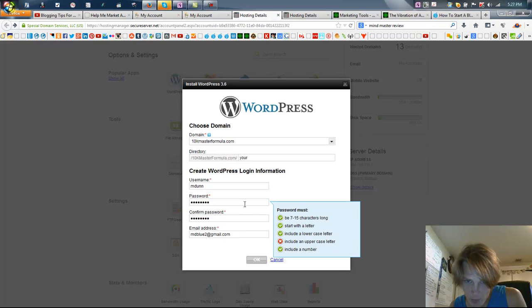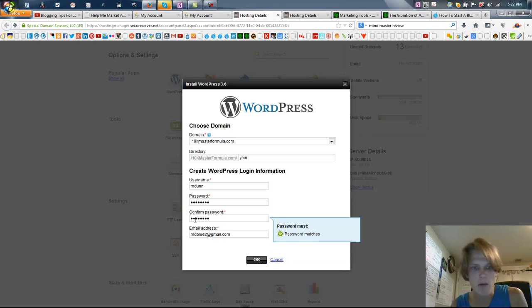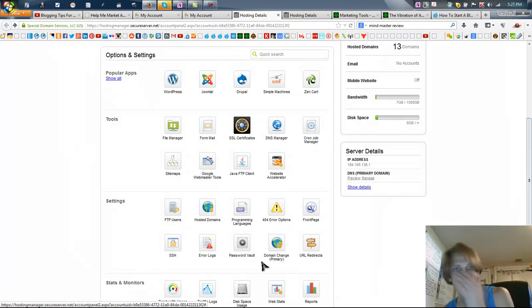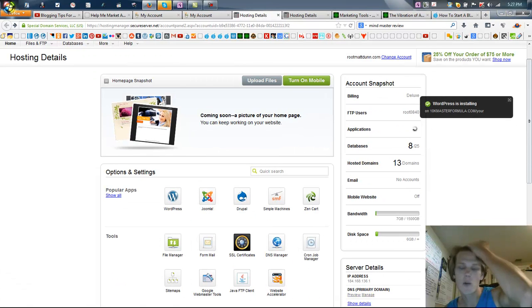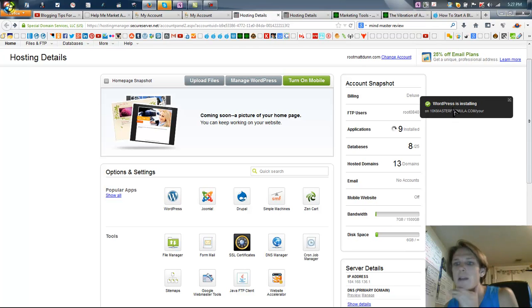That's okay, that's okay. Include an uppercase letter. Okay, that was the discrepancy. So I always like to make the beginning of my password with a capital letter, and hit OK. And WordPress is going to start creating. See, WordPress is installing right here on